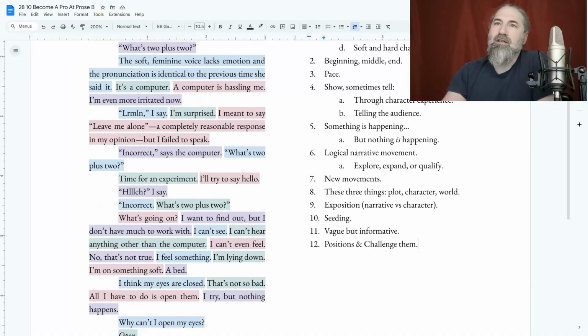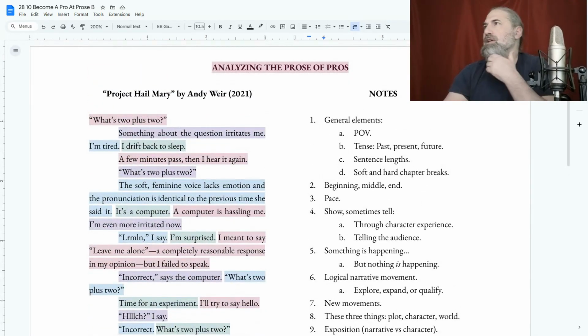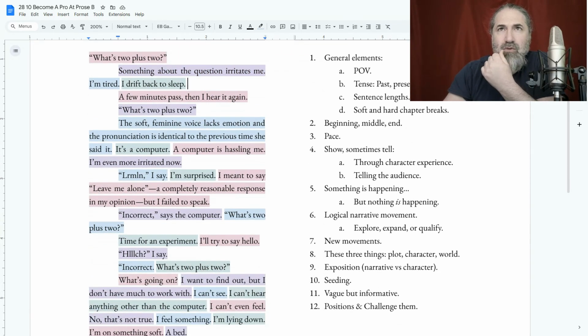Positions and challenging them. We talked about positions through the whole thing. "Something about the question irritates me." That's a position. "What's 2 plus 2?" "It's a computer hassling me." So we're adding to this position. We are building on it that the character doesn't like being asked a bunch of questions or being asked the repeating of a question,